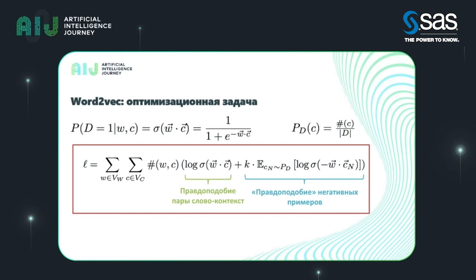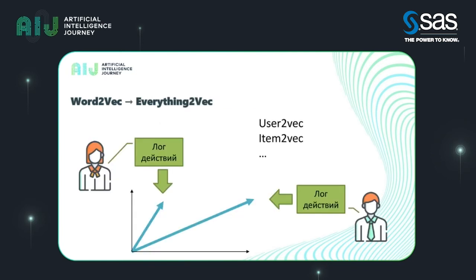You can see the formula on the screen, and that's it. Obviously, why do I mention embeddings? The thing is, we can use it for formal languages too. For example, if we have user logs, we can interpret every action as a formal language word and build vectors for them or for their actions.